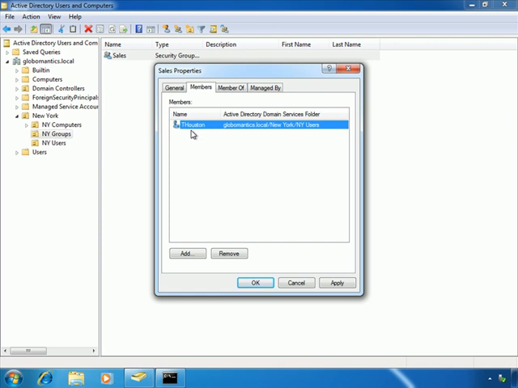Now, let's talk about modifying group membership. There are three main ways, actually there's really four main ways to do this. One would be from the group side. Okay, from the group side, here I'm looking at the sales